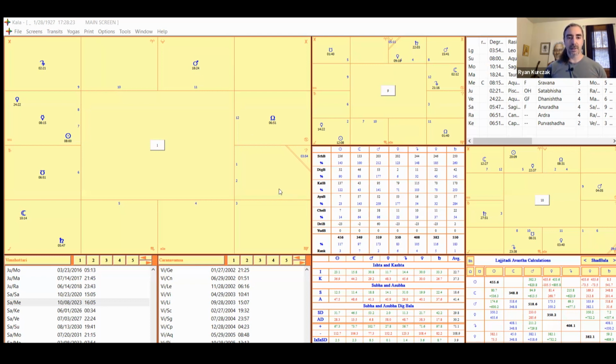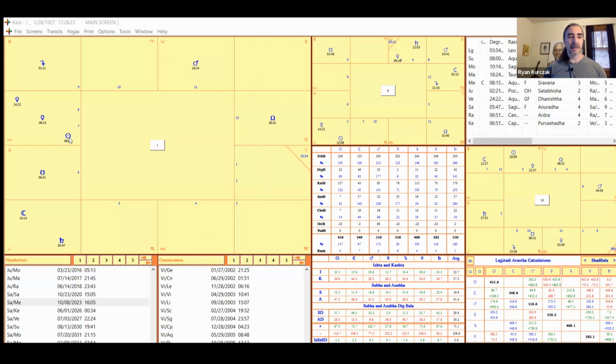So in this chart, 7, 8, 9, 10, we have Taurus as the 10th house. We have Mars there in Taurus. And then we want to go from this 10th house 10 houses away from it. So we'll start at Taurus. We'll count 1, 2, 3, 4, 5, 6, 7, 8, 9, 10. And we'll get over here to Aquarius, where we have